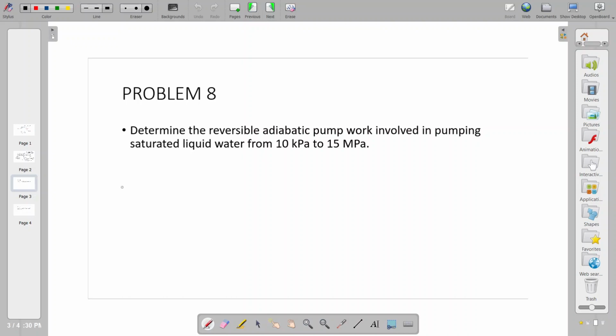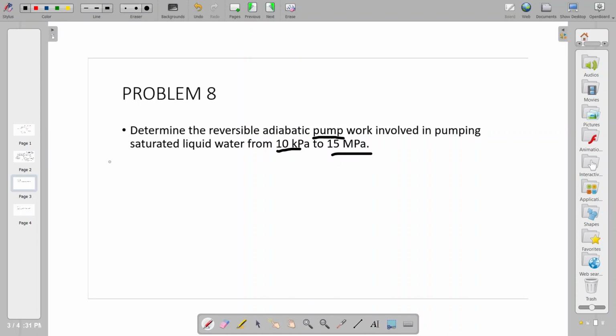Doon naman tayo sa problem number 8. Determine the reversible adiabatic pump work involved in pumping saturated liquid water from 10 kPa to 15 MPa. Sabi niya, saturated liquid water from 10 kPa. Okay, so 10 kPa tayo, that is